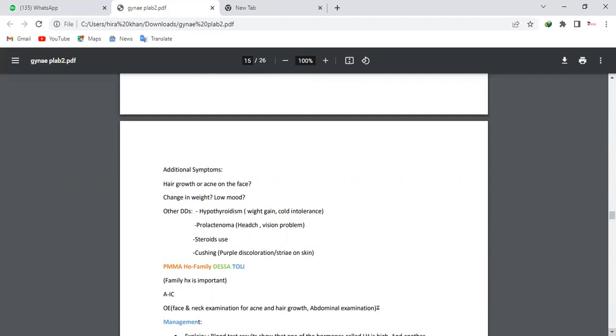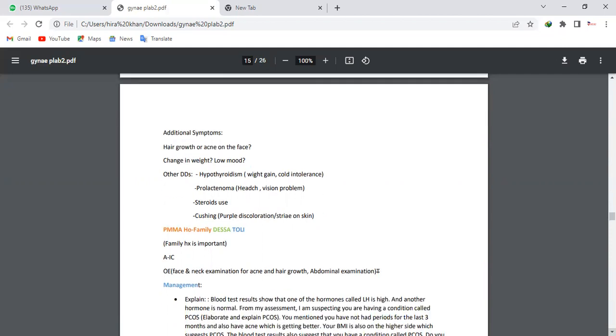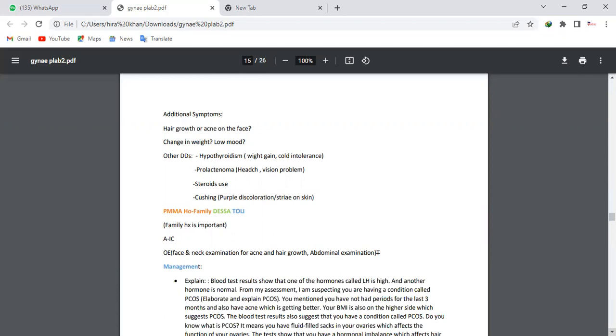So to prove that you are a safe doctor, you have to just for 1 minute ask a few quick questions from these DDs, and then again ask about the dietary habits, because the lifestyle is important. So you have to ask the DHSA as well. Like ask about the family. Do you have any similar history in the family? Do you have any history of cancer in your family? Do you have any previous medical problem? Are you on any medicines? Are you allergic to anything? And then do ask about the diet, exercise as well.